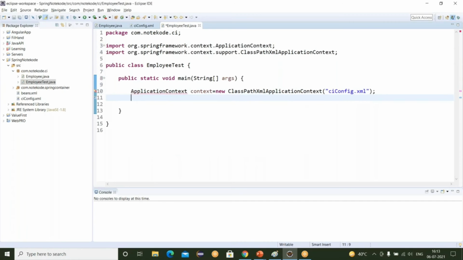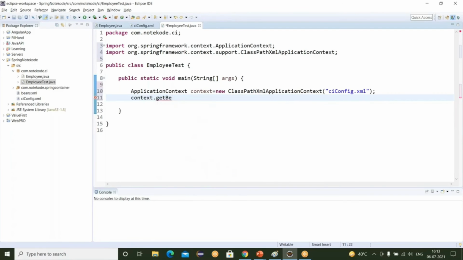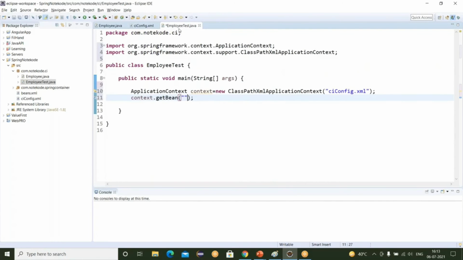And then import this, and below, context dot calling the getBean method here. And inside this, you have to write the class reference name.